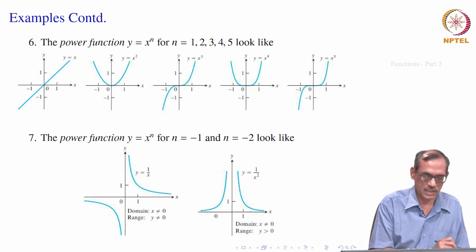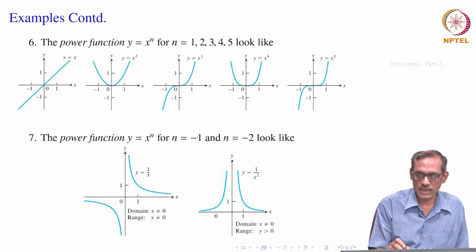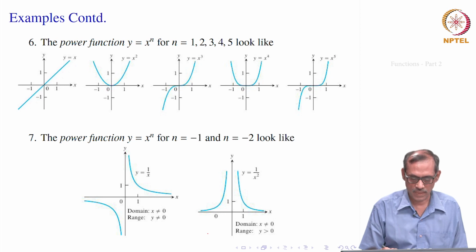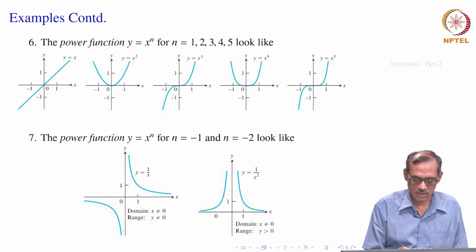Now, let us take some more examples, say the power function with n equal to minus 1. So, you would get the function as y equal to 1 by x, which we have seen earlier. It is not defined at 0, except 0 everywhere else it is defined. So, it will look something like this, and its domain does not include 0, and its range also does not include 0, but all positives, all negatives, everything else is there. So, its range is R minus 0, domain is also R minus 0, as we have discussed earlier. Its graph will look like this, a hyperbola.